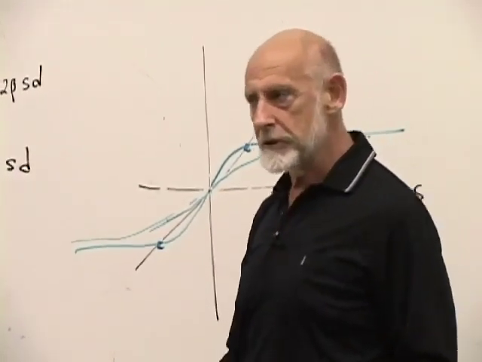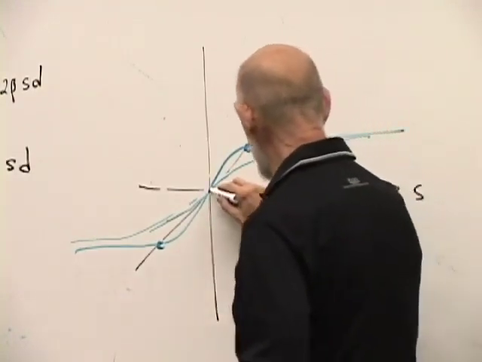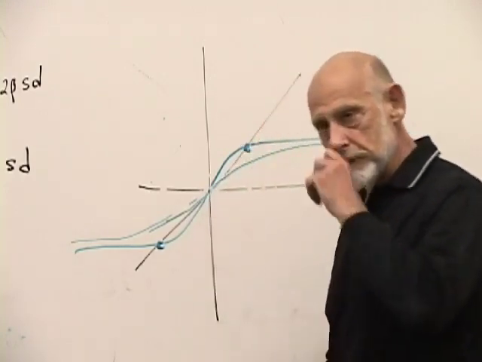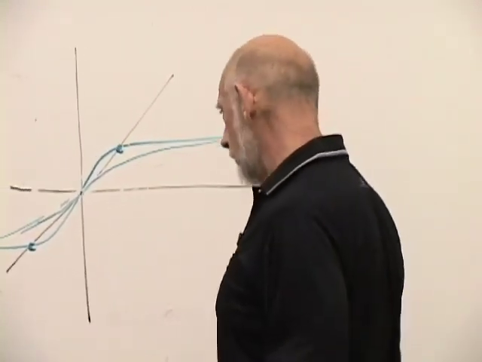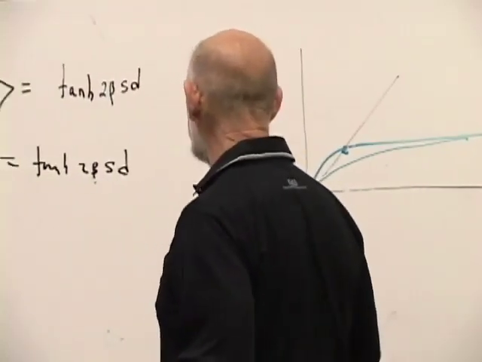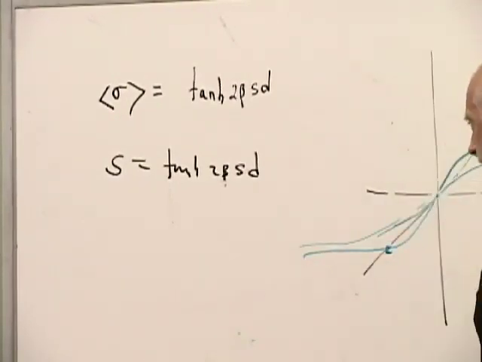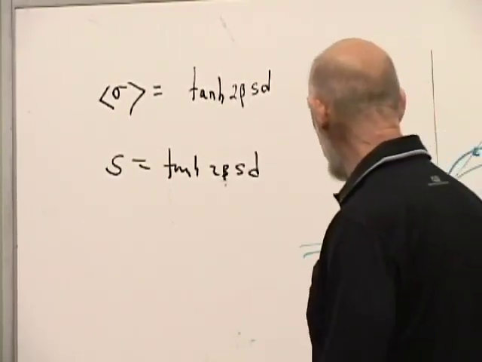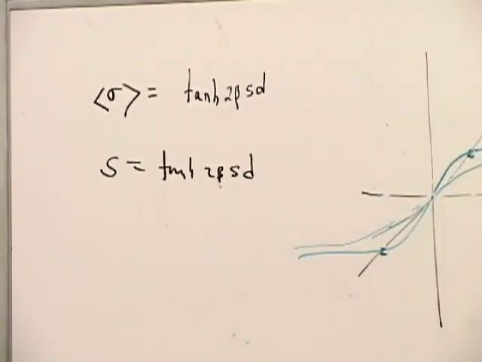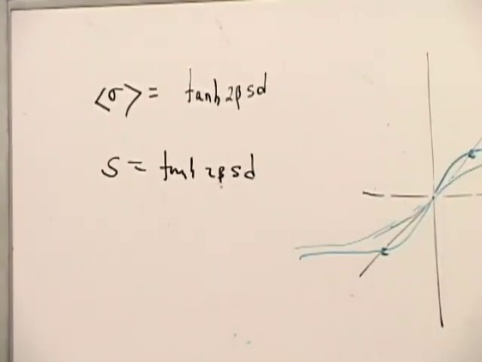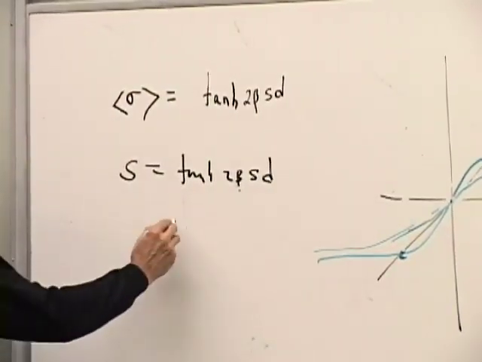The magnetization is 0, but then when I go just epsilon past that, just a tiny bit past that, the spontaneous magnetization happens, and that point is the critical point. All right, it's the critical point, and it's the point where tanh has unit slope. So what does that mean? What's the slope of this tanh here at the origin? It's the derivative of tanh with respect to S. So what's the derivative of tanh with respect to S